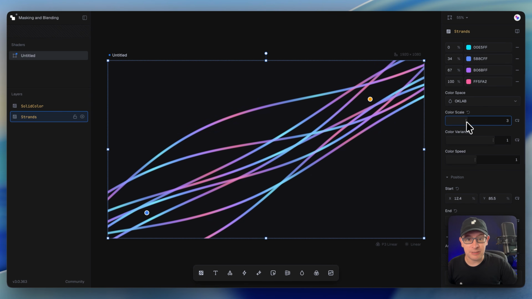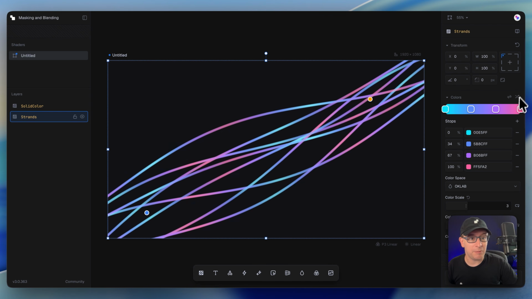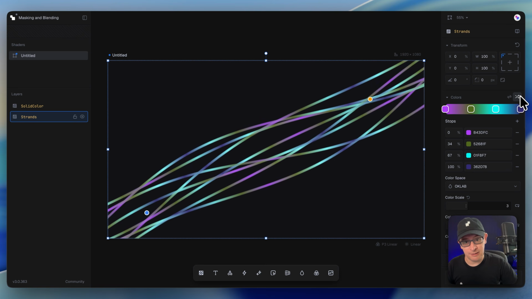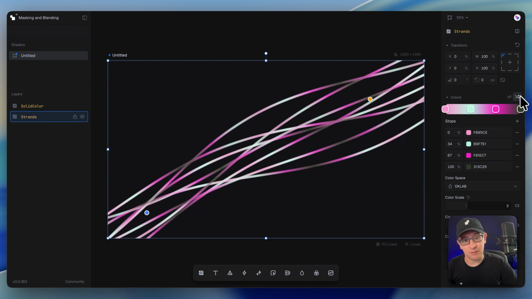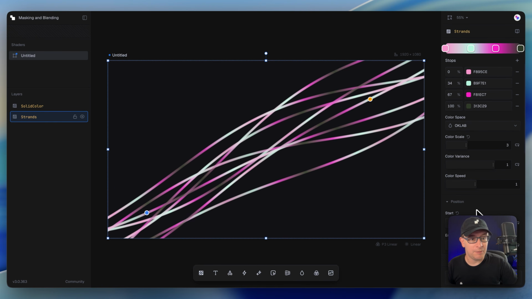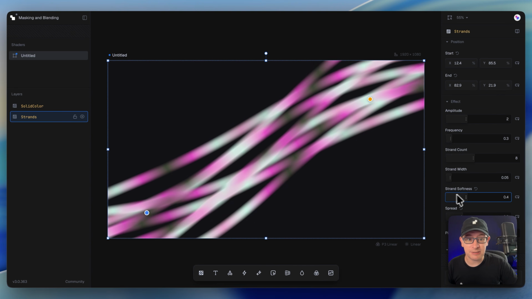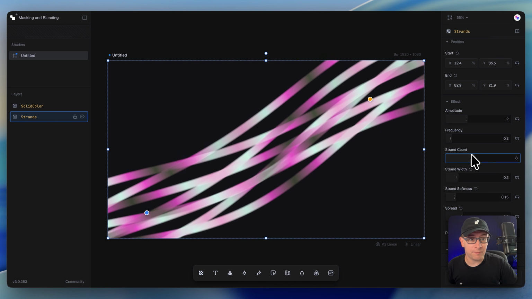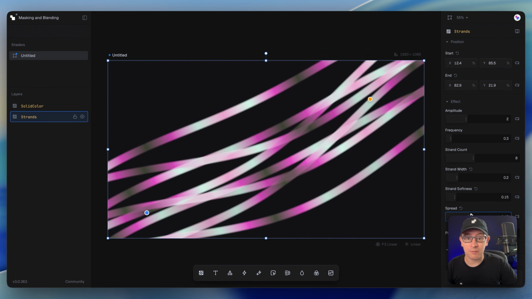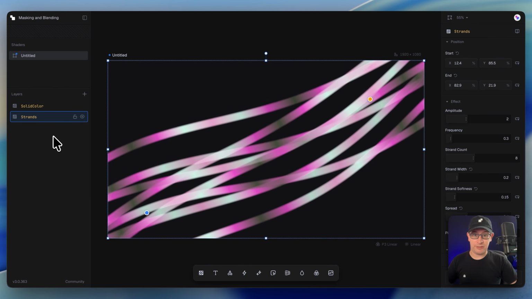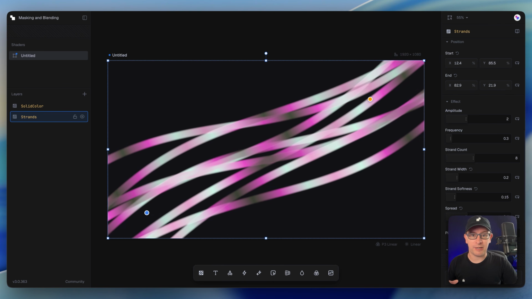Maybe just increasing the color scale a little bit. Maybe we'll pick some new colors. Let's see what we like the look of. There you go, like a pink and white thing. Maybe spreading the colors out, a little bit of softness, a little bit of width, and maybe even some more strands. There you go. That gives us a good starting point for us to work